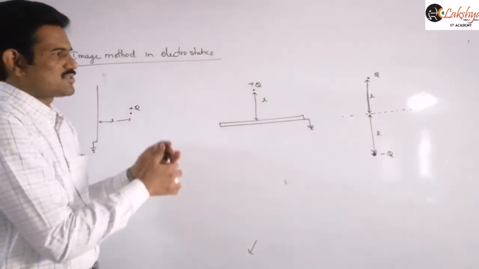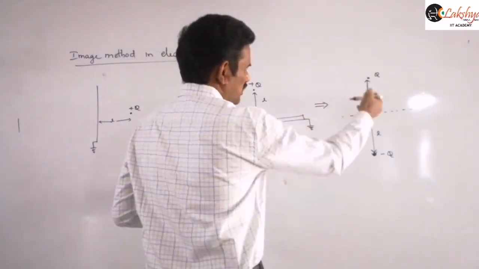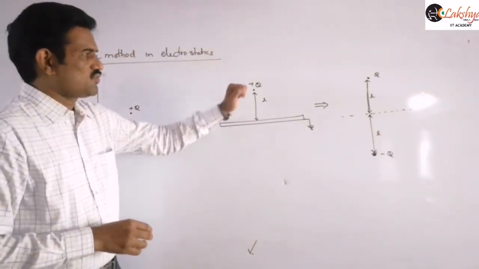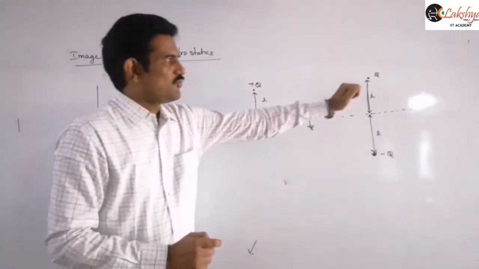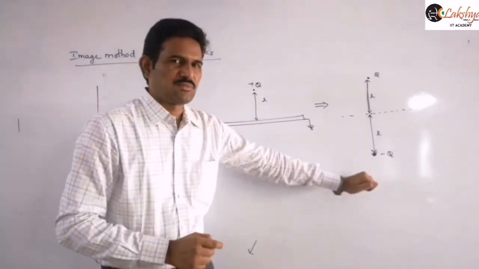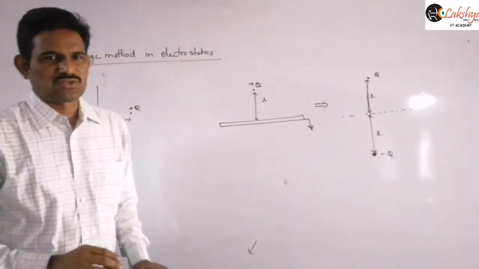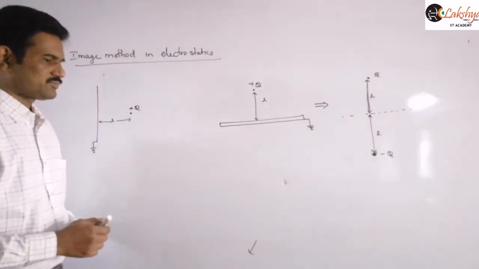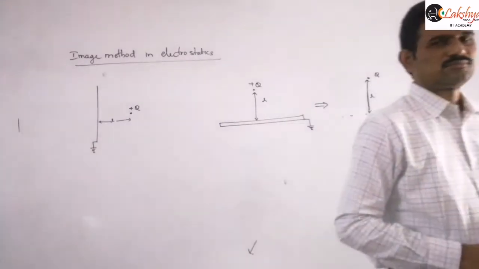And so you can consider that as an equipotential surface. And so now that means these two configurations are the same. The given configuration we can convert like this. Now the force between this conducting plane and this point charge is the same as the force between this given point charge and its image. Or whatever calculation we need to do, we can do those calculations there. Like suppose simply here I am taking that force, right? And so just to mention that about the image method.